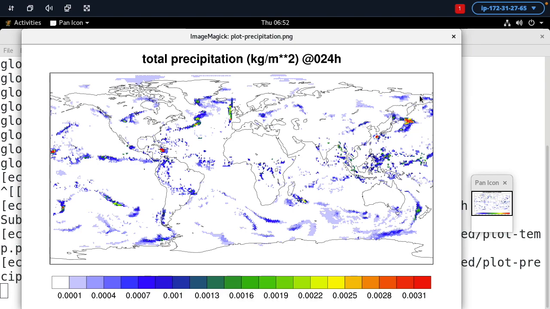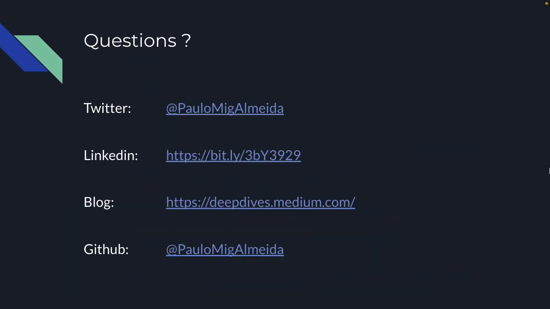Anyway, now comes my favorite part, questions. Quick question. When you submit the job for the supercomputer, how long does it take for the code to be up and running? Which one? The first job, you submit this